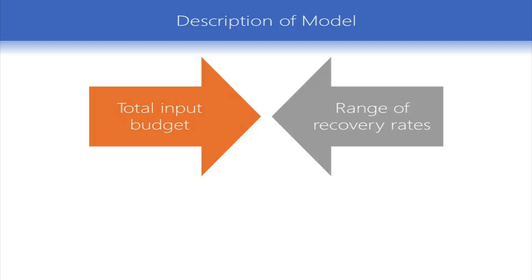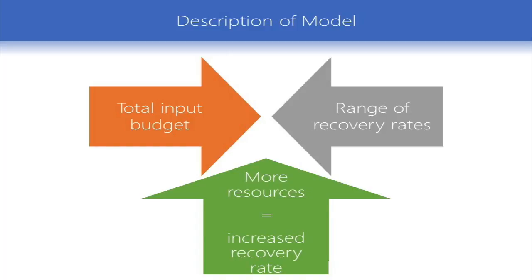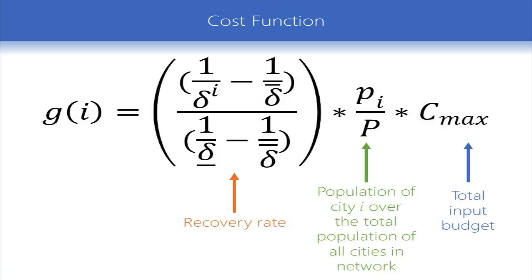This minimization problem is constrained by two key factors: the total budget input by the user and the range of possible recovery rates. Allocating more resources to a particular city will increase the recovery in that city up to a specified maximum. The cost function depends on the natural and maximum recovery rates for each city as well as the city populations. We assume that the amount of resources necessary to increase the recovery rate in a particular city is